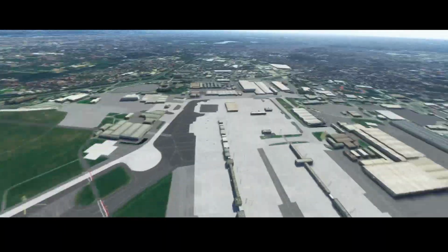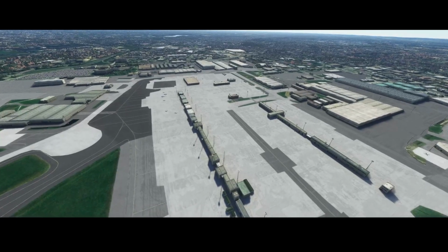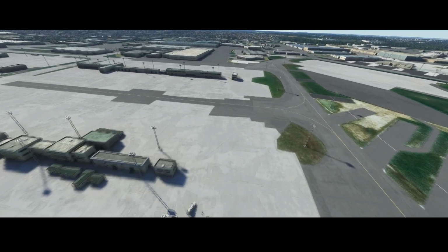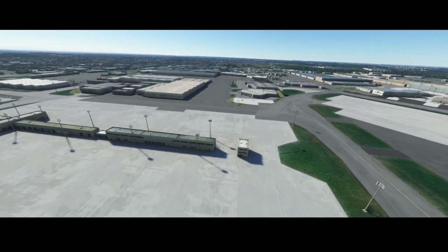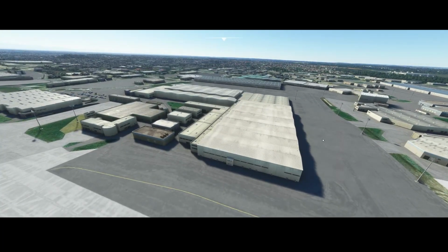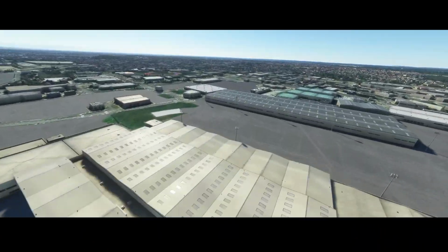On this side of the runway, there are several smaller buildings and also several hangars. I do expect that this is the part where the tests are being performed using the new Airbus airplanes. So let's have a look at that. Let's increase the speed a bit. You can see that these parking spots are pretty big, but it's really silent at the airport. There are also a lot of large halls, maybe for cargo processing, but probably also for Airbus, building their airplanes or preparing their